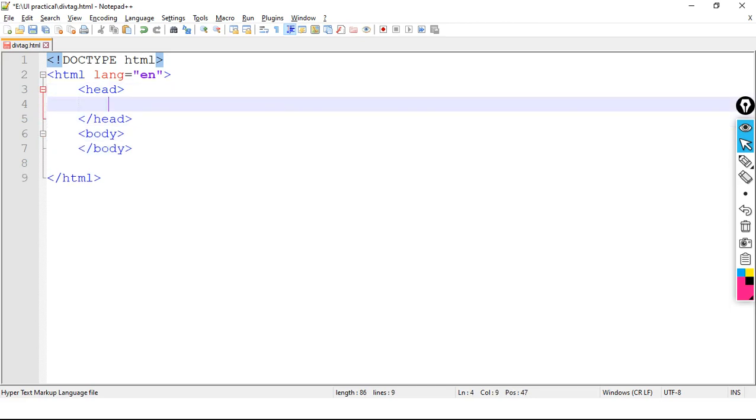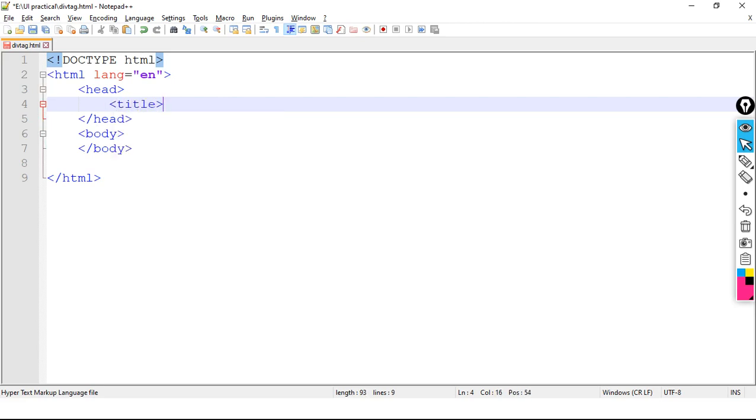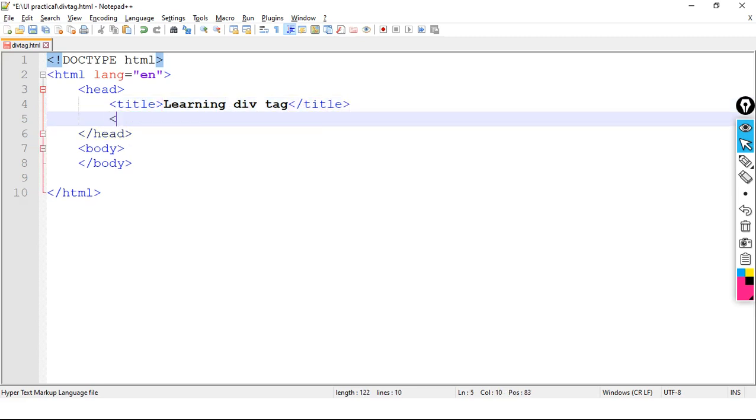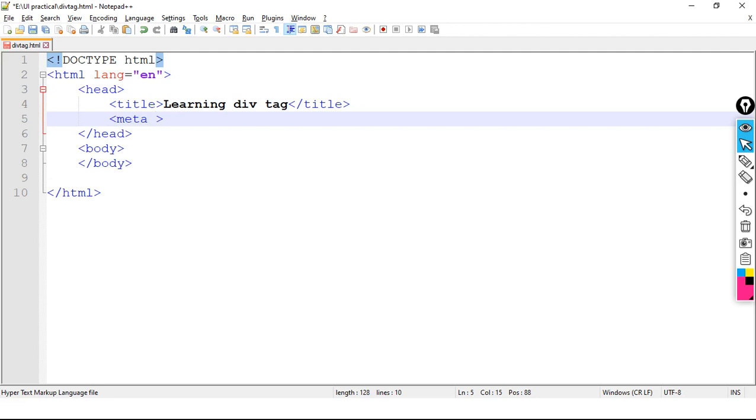In the head section we have title, learning div tag, closing title, then we have the meta tag. Meta is nothing but data about data.